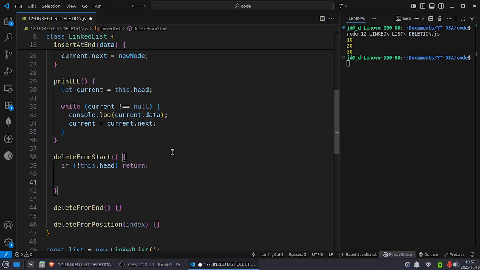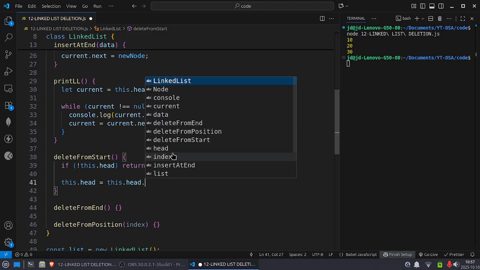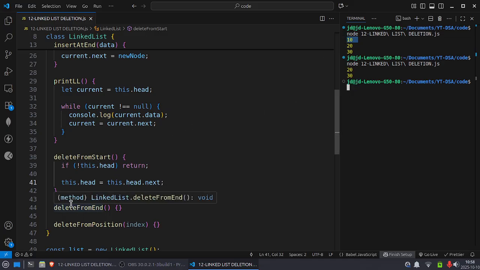And next we move the head to the next node: this.head equals this.head.next. It's pretty simple, right? Just two lines of code. If I run it, I get 10 removed from this linked list. If there is no head, we just return, otherwise we shift the head to the next node.